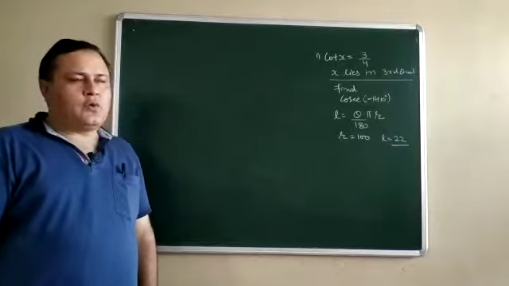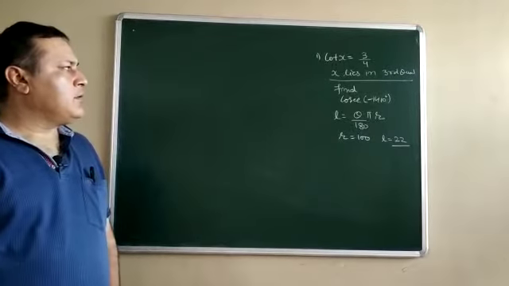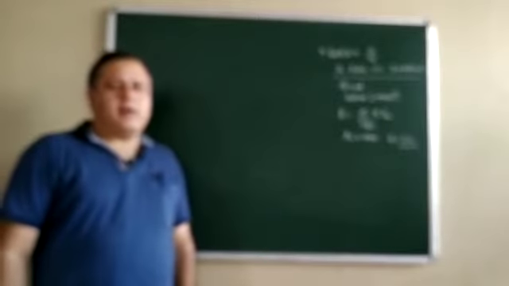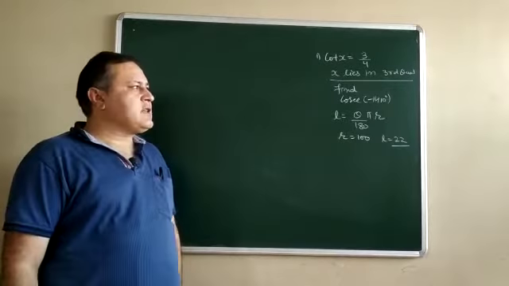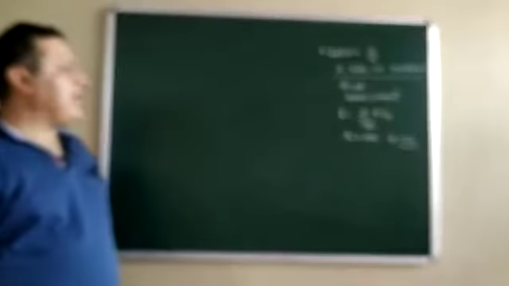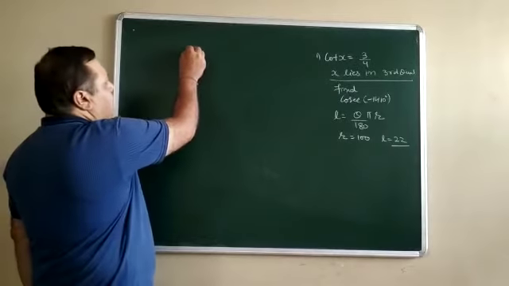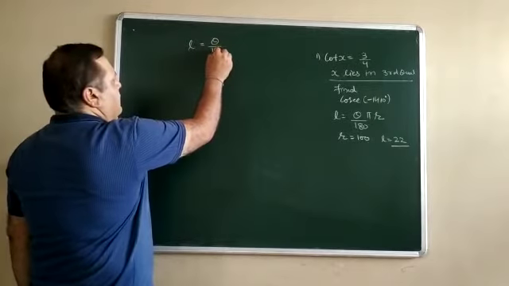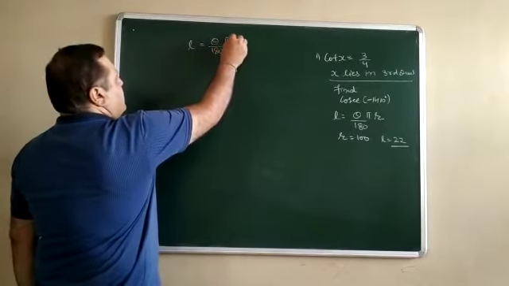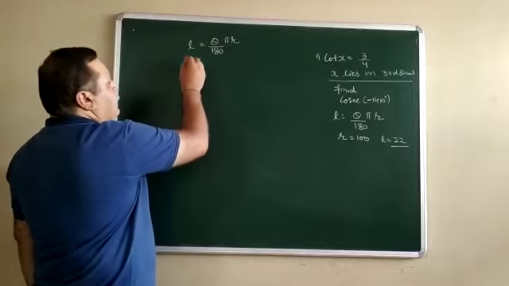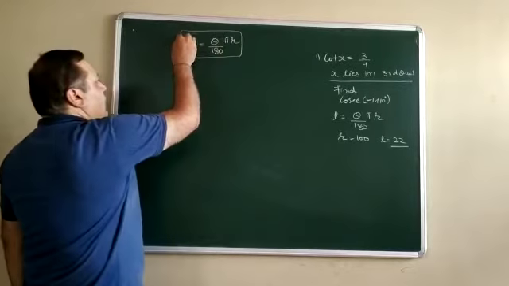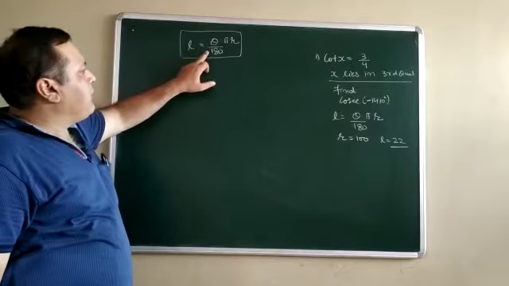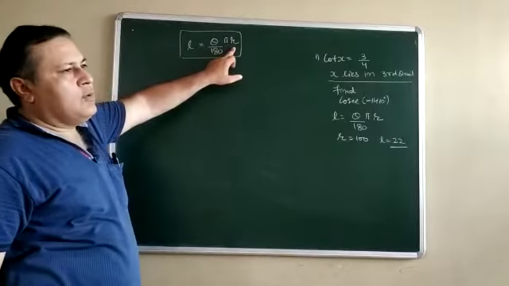Morning students, today we will discuss trigonometry. You know very well, in trigonometry there are a few concepts. The first concept you have studied in class 11 is the relation of the length of an arc with the angle and with the radius. You know very well, this is the formula for the length of an arc: L is equal to theta by 180 into pi into r.